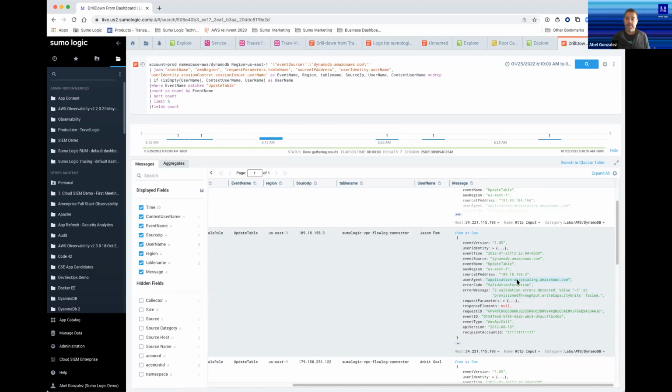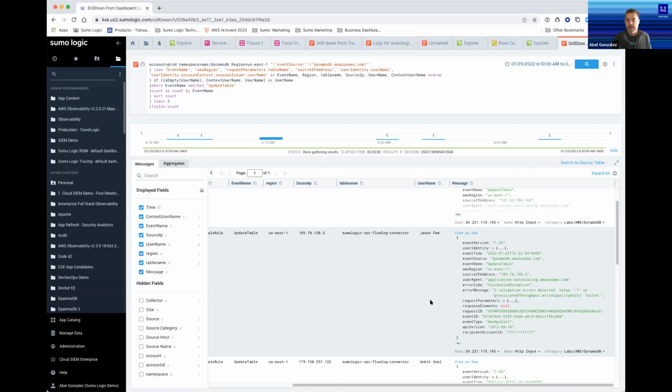So there's multiple ways and there's multiple dimensions. And since we create this entity model, you can approach problems from the infrastructure view, from the application view, and everything is in one single place to allow for that quick troubleshooting and resolution. So now I'm just going to go back and talk about